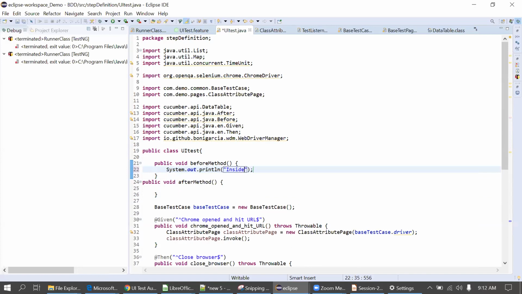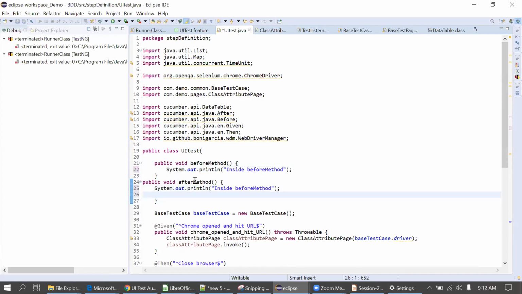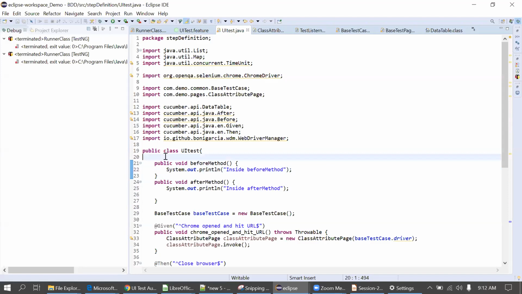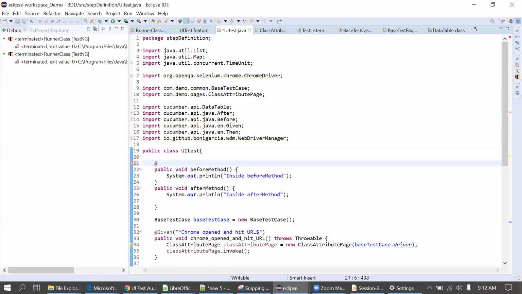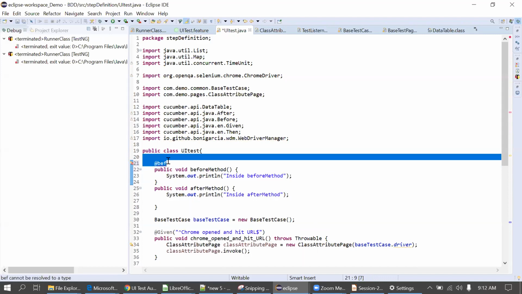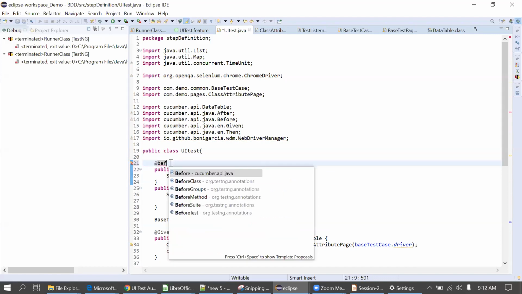Inside this before method, I have to apply the tag @before. Now you can see before is not from TestNG or from JUnit. It's from the Cucumber API Java package.